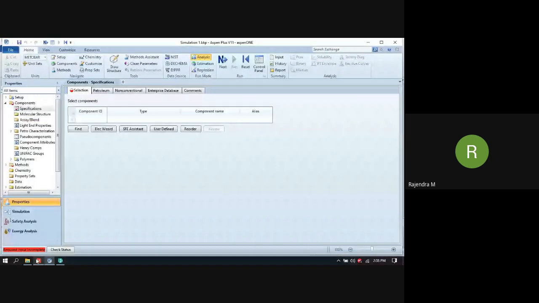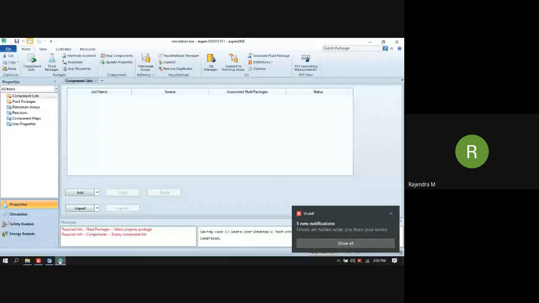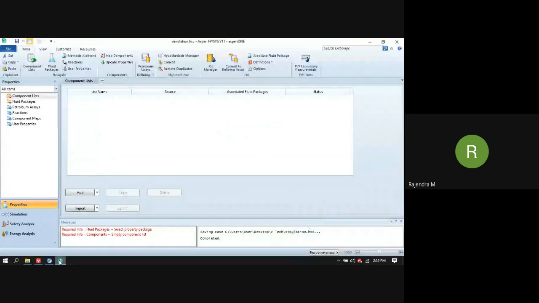Okay. So this is the Aspen Plus software, and this is Aspen HYSYS software. Moreover, the interface looks the same. There is a slight difference, because Aspen HYSYS was a different software initially, and Plus was a different software.